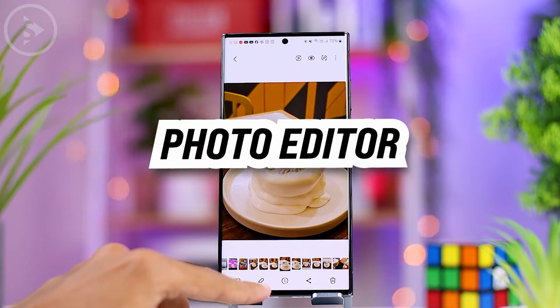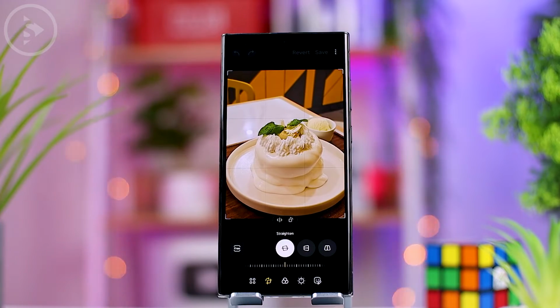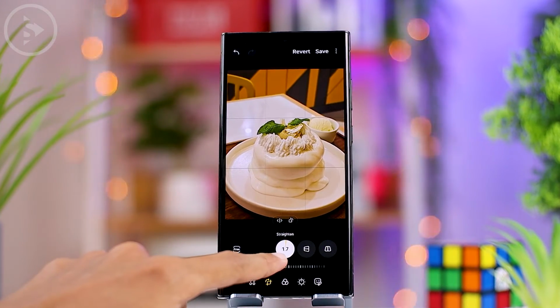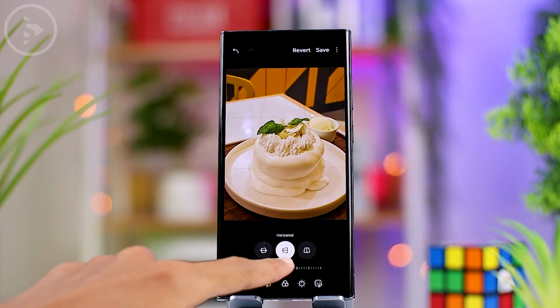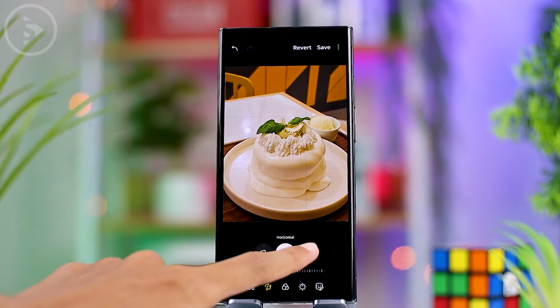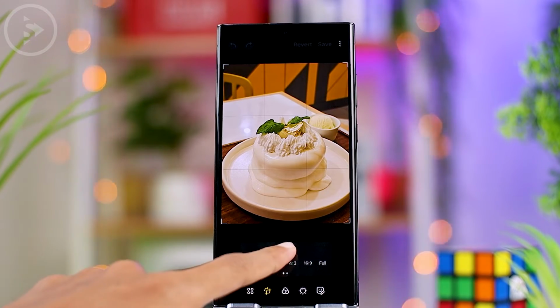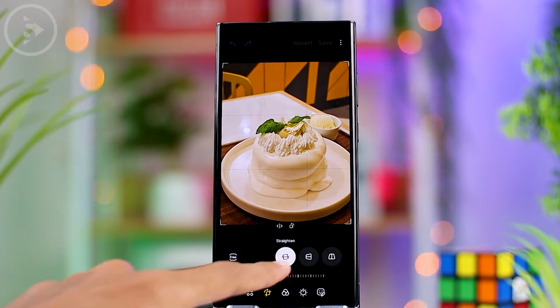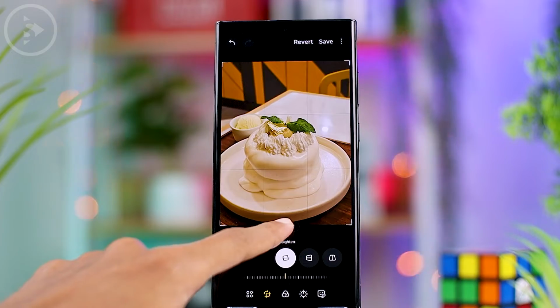Next, in the latest photo editor of One UI 6.0, the interface has been revamped with larger icons and text. This is very noticeable for the three main options related to transforming photos. Moreover, the dimension settings have now been relocated to the leftmost section, and the mirror and rotate options are only